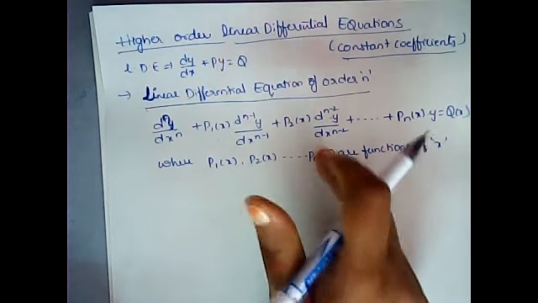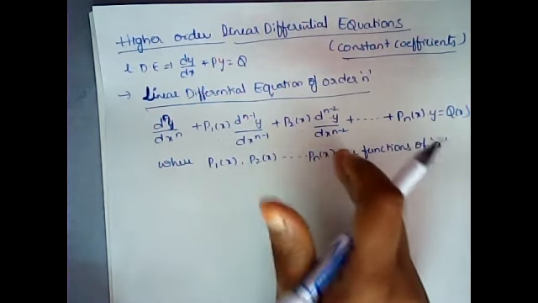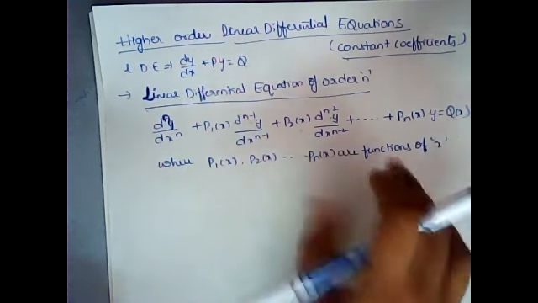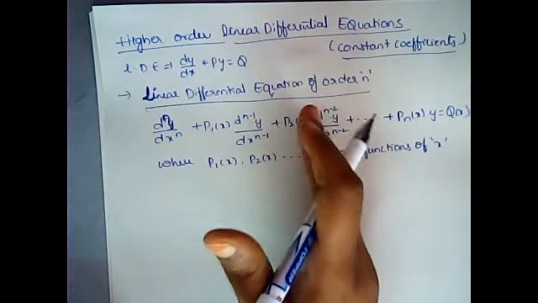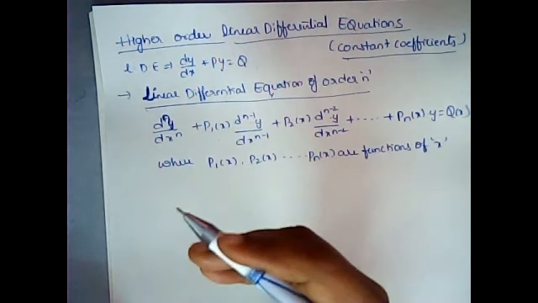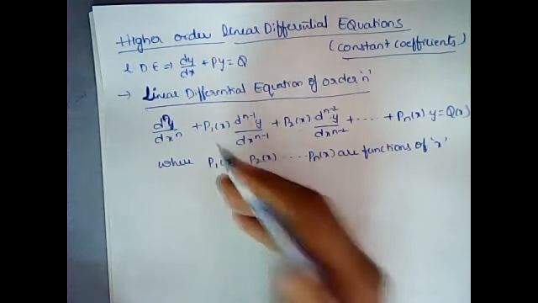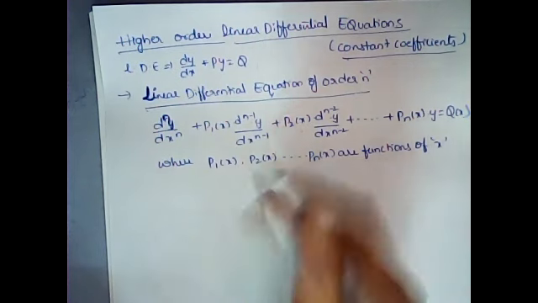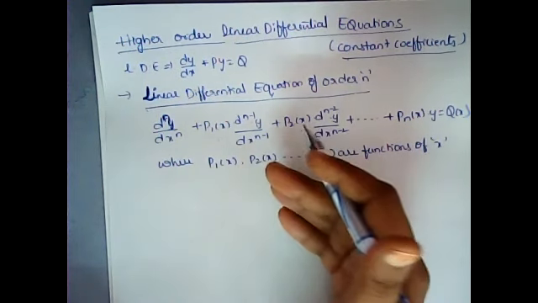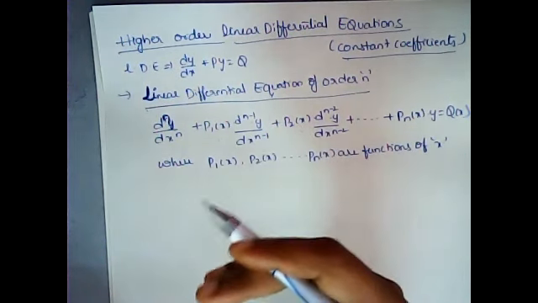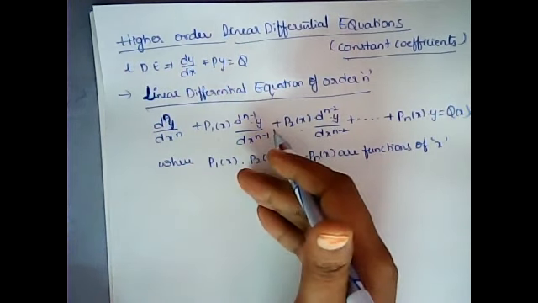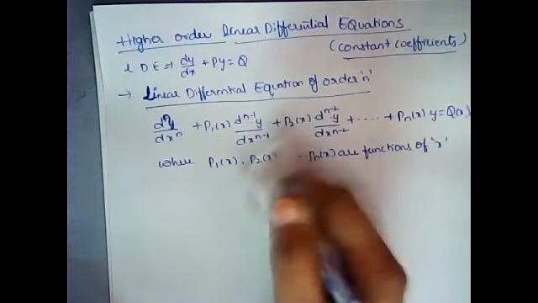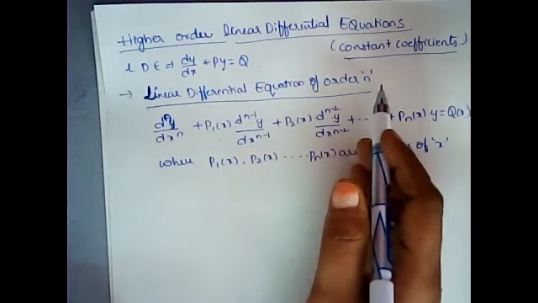So how are we going to solve this higher order linear differential equation? First, whatever the equation was given to you, whether it may be degree 3 or degree 2, higher order means we will be taking here as d power 4, degree 4 also we will take, degree 3 also we will take, right? So all these come under the higher order linear differential equations.